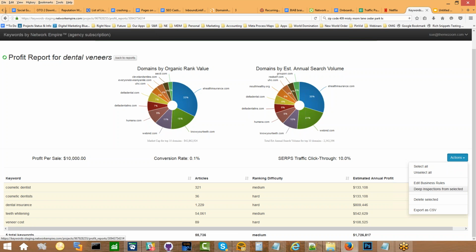Brilliant. Okay, one more thing before you get off the screen. When you mentioned naming your profit report, explain what kind of scenarios that would be helpful for. Put it in a real